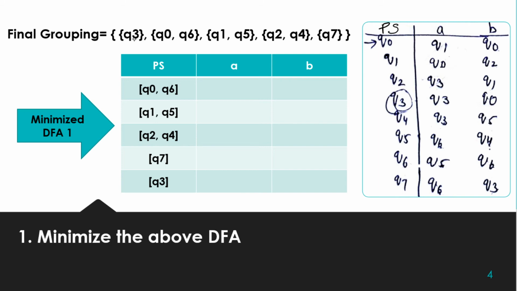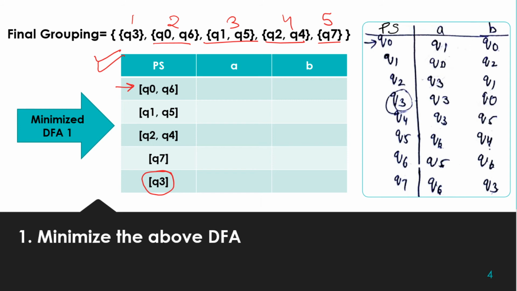In this process, this is the first state, second state, third state, and the fourth state and fifth state. So now the minimized transition table for the minimized DFA is this. Now we have to complete the transition table, as we have to define transition for each and every state. So Q0 is part of this group. So this is the initial state for the minimized DFA, as Q0 is part of this group, and all the states will be part of only one group in the resulting minimized DFA. And Q3 was the final state, so here also this will be the final state for the minimized DFA.